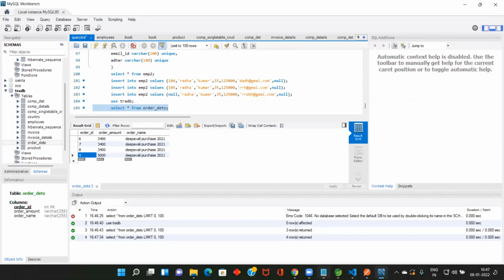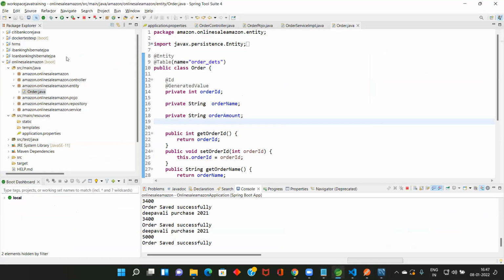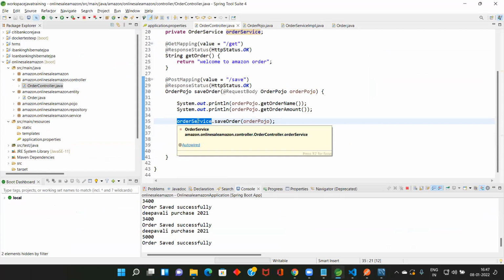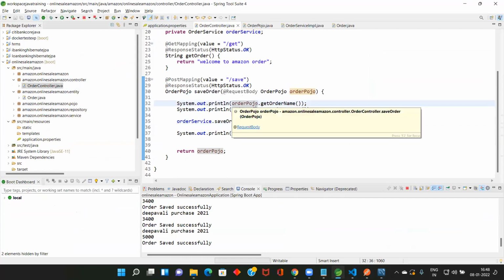So now we are storing by using Spring Boot, we are sending the information that is coming to controller. From controller, I am passing to service because this is a design pattern. So your service layer should contain all the business logic. Your repository layer should contain only the save logic. And in the controller, that is MVC architecture. In the controller, you should have only logic related to getting the value from the browser or Postman and sending the information to the service. That is the logic that should be in the controller.